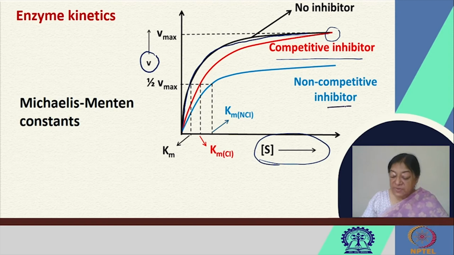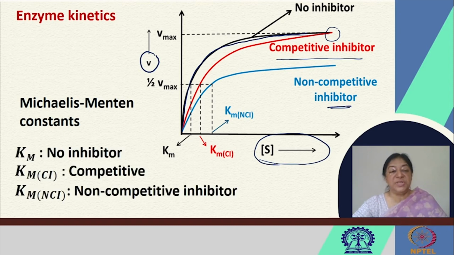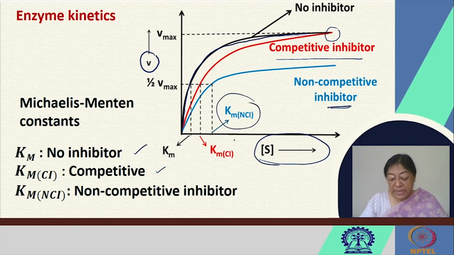With a non-competitive inhibitor, we have an inhibition where the enzyme has been rendered ineffective, so that even with an increase in substrate concentration, we do not reach the same Vmax. So we have the three Km values associated with no inhibitor, competitive inhibitor, and non-competitive inhibitor. And we know we are looking at half of Vmax in each case to determine the Km values